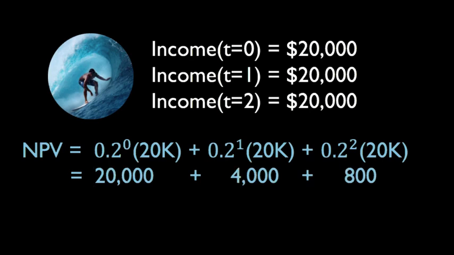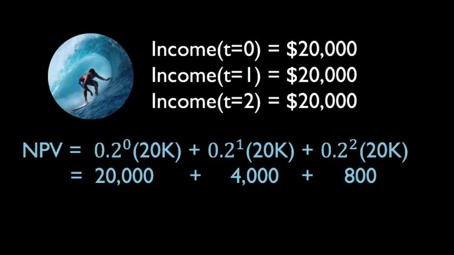So the first term ends up being $20,000. That means that in the initial time period, he makes $20,000. How much does he value that? He values that at $20,000. Okay, the next time period, he would again make $20,000, but this time he would only value it at $4,000 because it's further away. The time after that, he would still be making $20,000, but how much does he value it? He values it at only $800 because that's just like super far into the future.